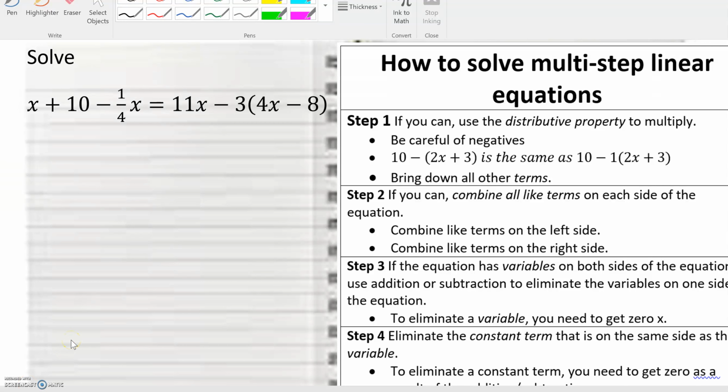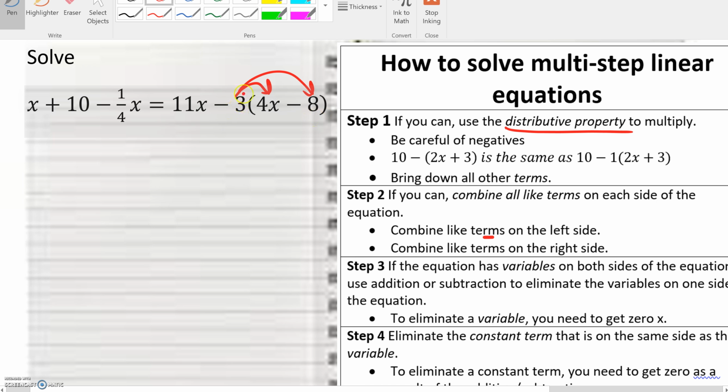Okay, so this video is meant to remind you how to solve multi-step linear equations. Your first step is to see if you can use the distributive property, and you can just use the distributive property if you see some parentheses. I do see some parentheses right here, which means I'm going to distribute this 3 to both terms inside